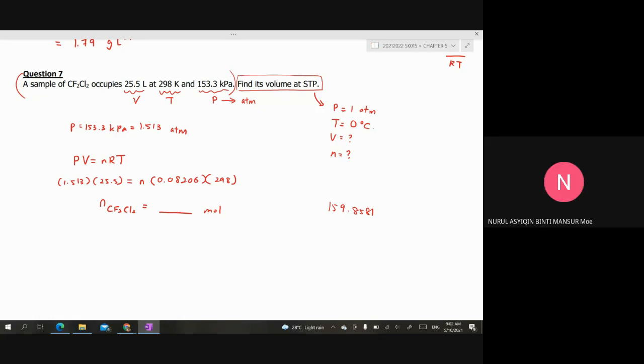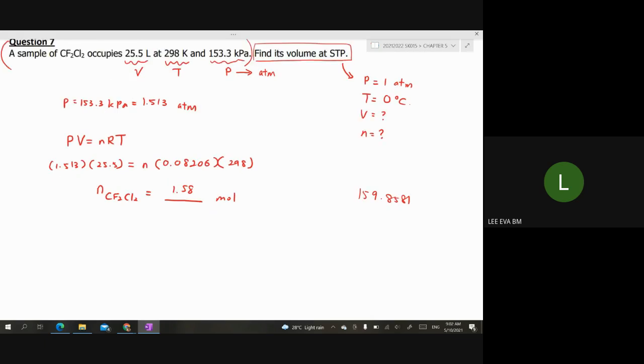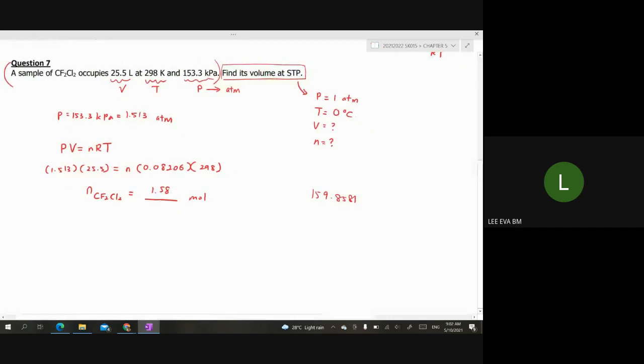Yes, madam. You dapat jawapan apa? 1.58 mol. 1.58. Okay, very good. 1.578 or 1.58, both accepted, yeah? Okay. So after you have found your number of mole, so that means over here we have got the value